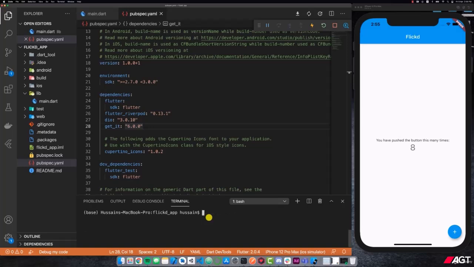Once we have this, the next thing we can do is go to our main top level folder, and here we're going to create a new folder, and we're going to call this folder assets. And inside of this assets folder, for now, I'm going to create two new folders. The first one is